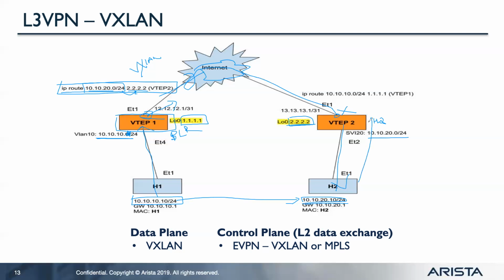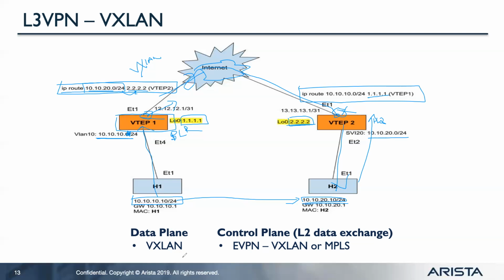For reverse traffic, again, we need to learn this route, right? For the other side subnet, that 10.10.10.0, we should send that packet to 1.1.1.1, right? Again, we will encapsulate the packet. Outer source IP is 2.2.2.2, outer destination 1.1.1.1. The service provider will just treat it as a normal IP packet, forward it to this VTEP, and then decapsulation and